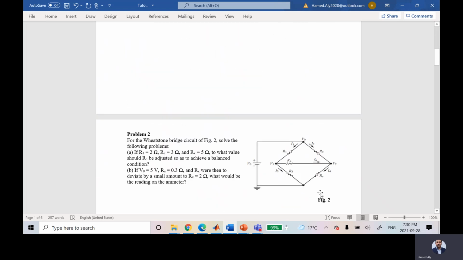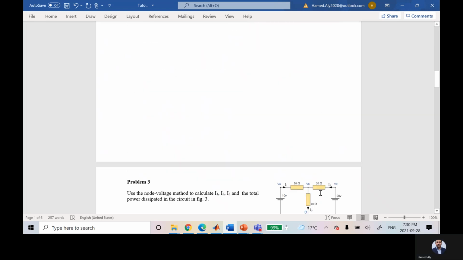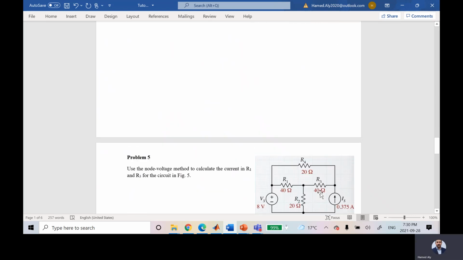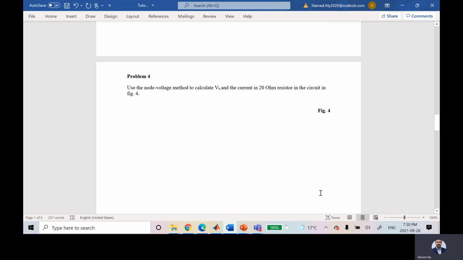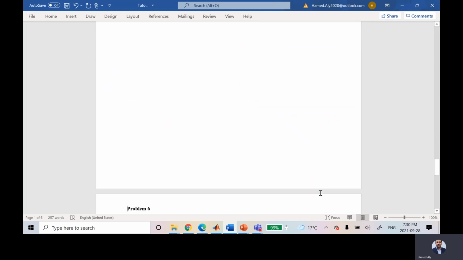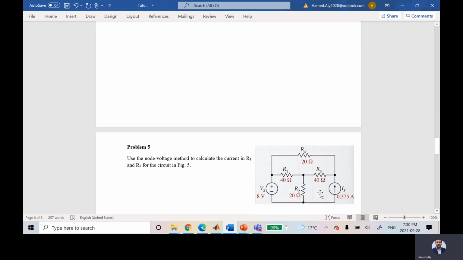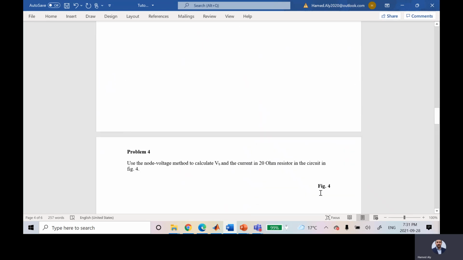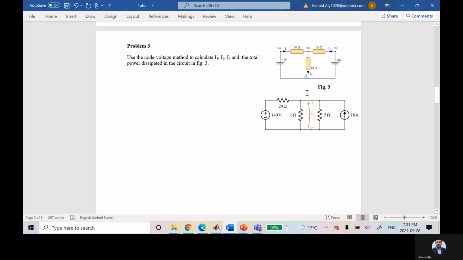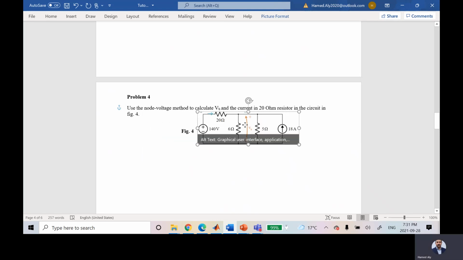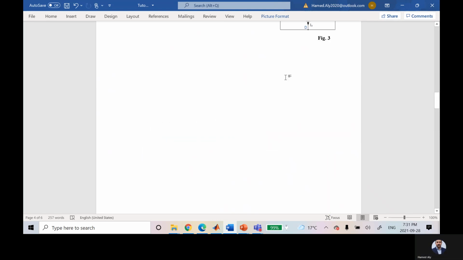I give you two different problems which are similar to what we have, and I give you here 3 different problems which are talking about the problem 5, problem 6, which are talking about node voltage methods. But why I don't have figure 4? Yes, this one. So let us talk about these problems. Number 1,